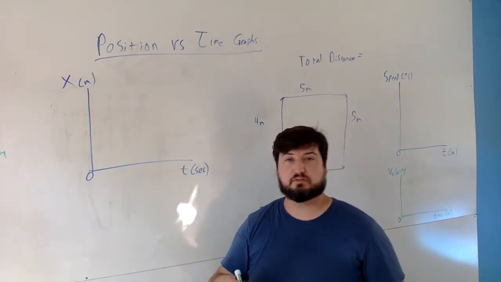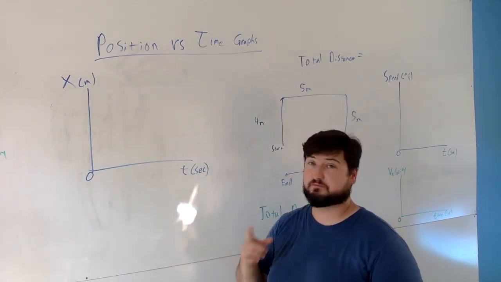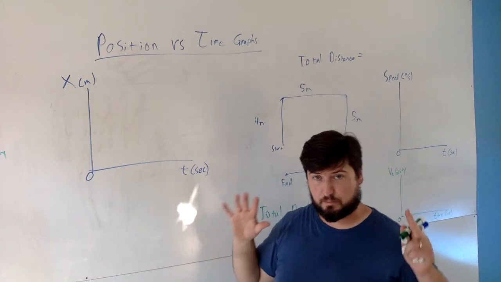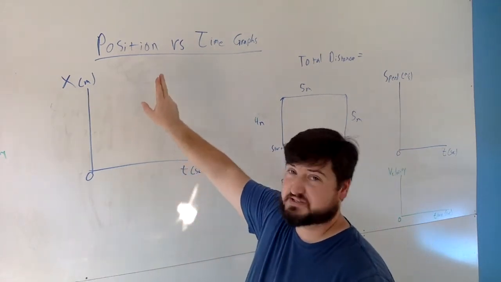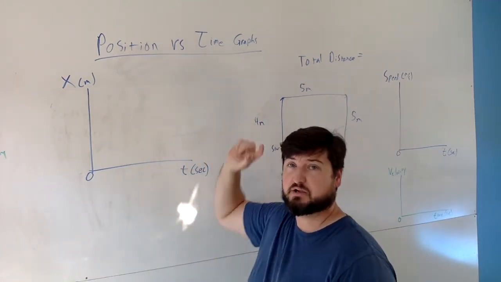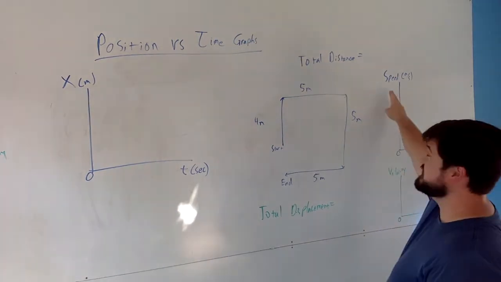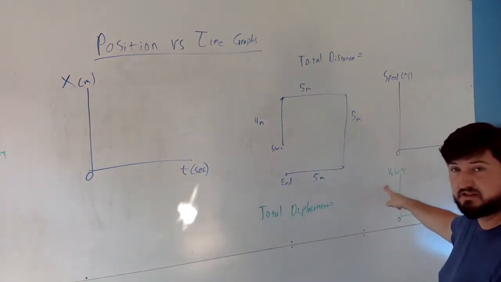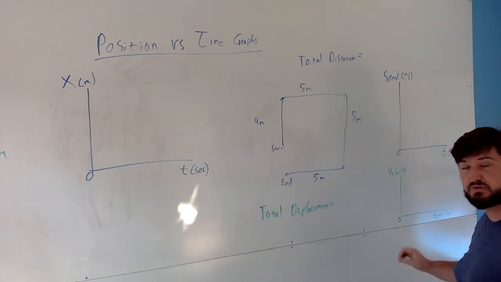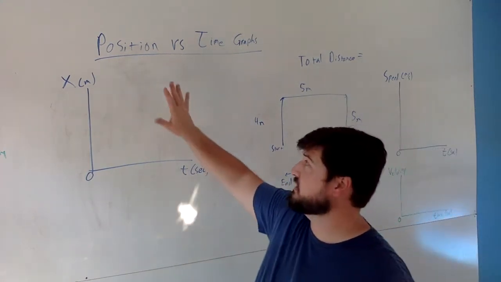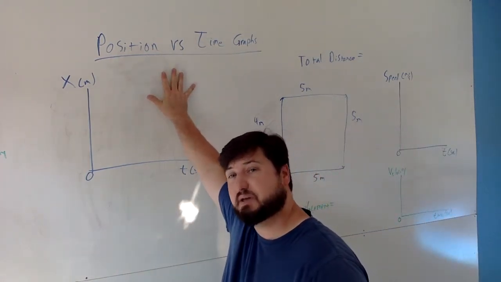Right, so I wanted to clarify a couple things with you guys today. First and foremost, what I'm going to get to mainly today is talking about a position versus time graph. Now you're going to see over here I have a different thing too, a speed or a velocity. Normally it's velocity versus time that we're going to be using most. But this is the main graph we're going to start out with because this is the basis of all of